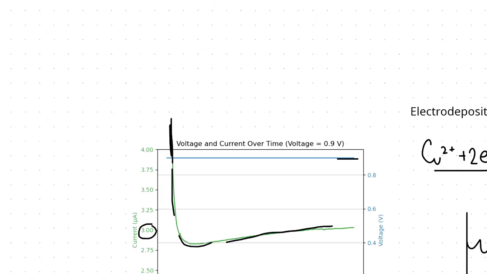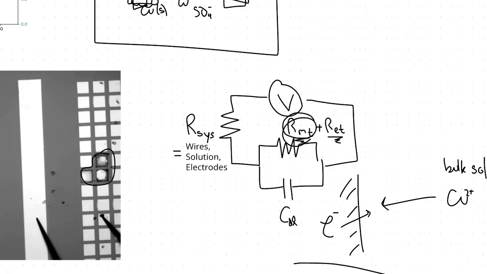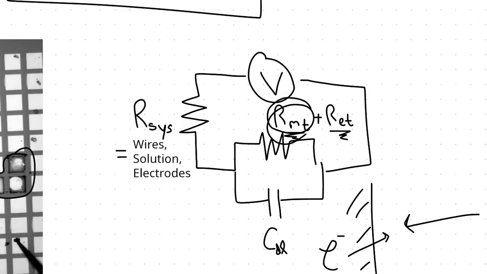If you've done the differential equations for capacitors before, you'll know that I is proportional to e to the minus t over tau, where tau is the time constant, so there's this exponential decay when the current charges up. It spikes and then the current declines really rapidly until it reaches this minimum, which is probably where this capacitor completely charges up, which means that now all the current is flowing directly into this other resistor we have,